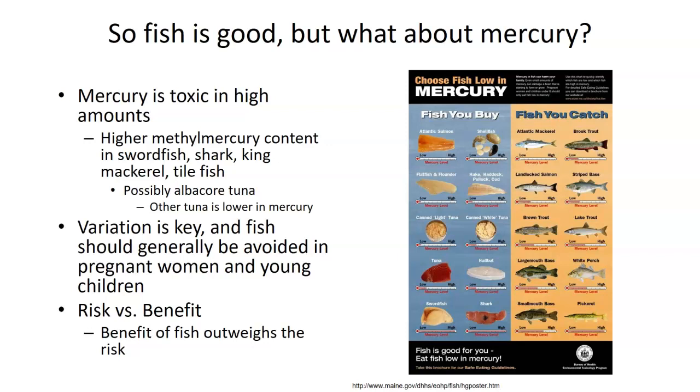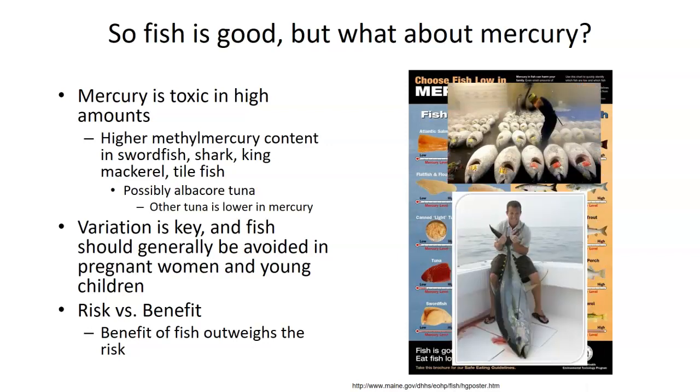So let's focus on tuna for a second then. So why is tuna so high? Well, look at these images. Those are images of tuna right there, all right? Tuna's a big fish. People think it's a small thing. It's a very large fish. So tuna is consuming a lot of other fish, and as a result, it's bioaccumulating a lot as well. So on the top right-hand side, we can see this is frozen tuna being broken down. On the bottom, somebody caught a huge tuna. It's a big fish, so that's why it gets so much mercury in it.